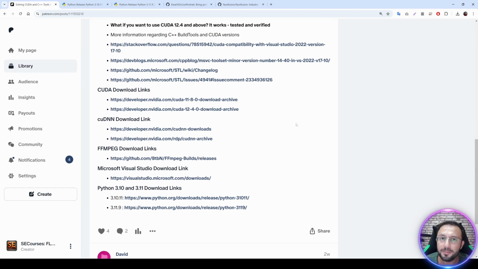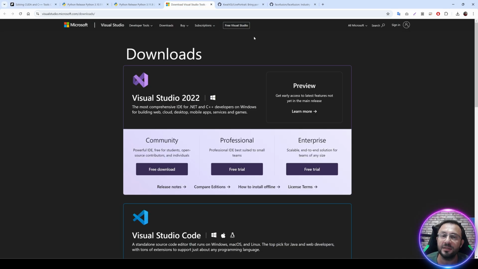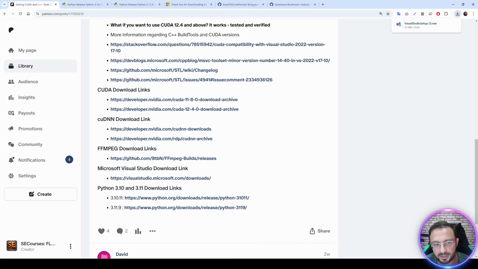Okay, as a next step, we are going to install Microsoft Visual Studio. You see the Microsoft Visual Studio download link is here. This is important because some of the libraries are compiled on the system. Why? Because they don't have pre-compiled wheels. Therefore, our system has to compile them. There is a free version of Visual Studio, which is the Community Edition, free download here. The link was here. I click it from here.